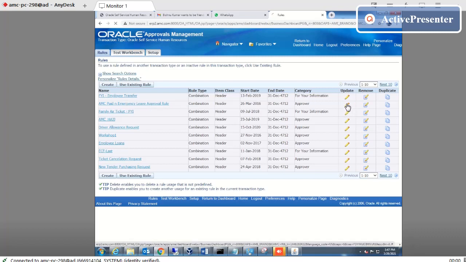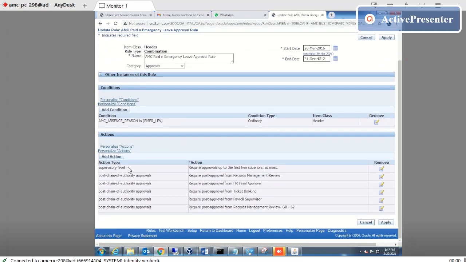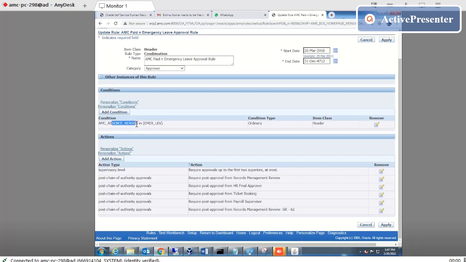When I update one, you will see we add an action here. If it is leave and emergency, if the condition is emergency or leave, then this approval hierarchy will be executed.